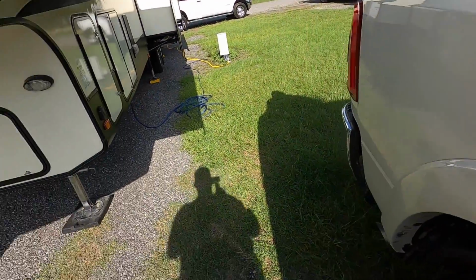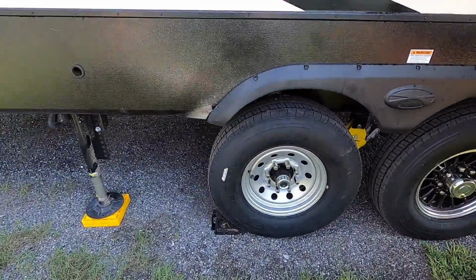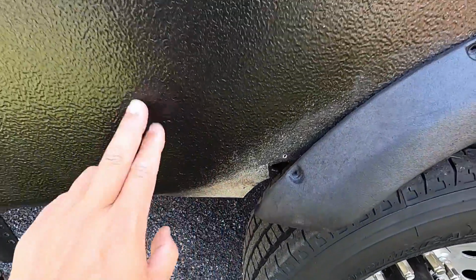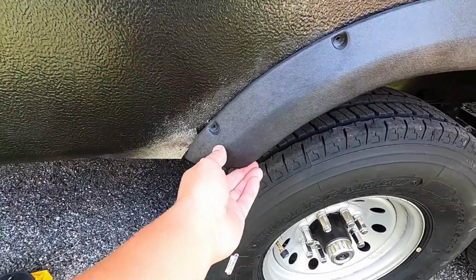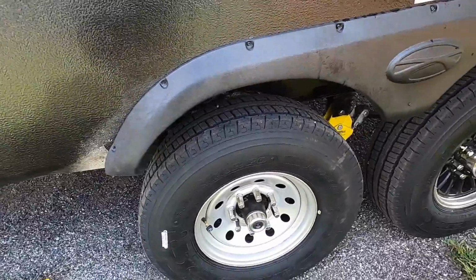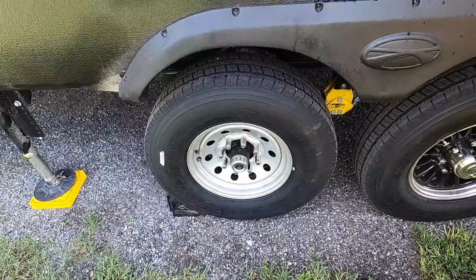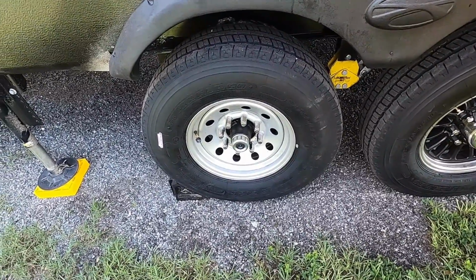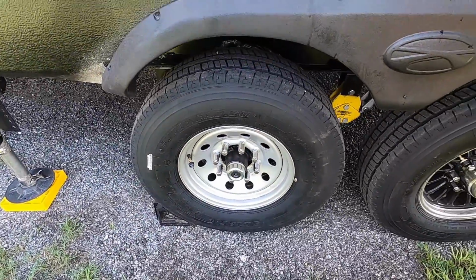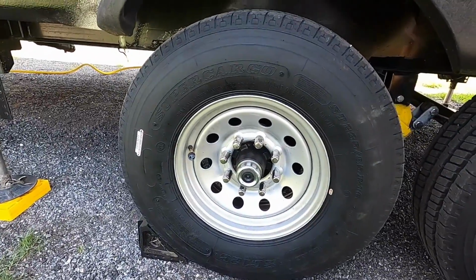So let's walk around there and we'll see where the tire's going. Hi, Pete. All right, so there's a spare that he put on, and luckily this is really all that happened, is the aluminum trim here, and then the fender, the little fender trim piece. Luckily that was all it was. Could have been a lot worse, but the tread of the tire was actually wrapped around the axle, and the Road Ranger guy pulled it off. And he did find his other tire sensor there, so he's going to get that linked in and get it working. So these particular tires are called Super Cargo,